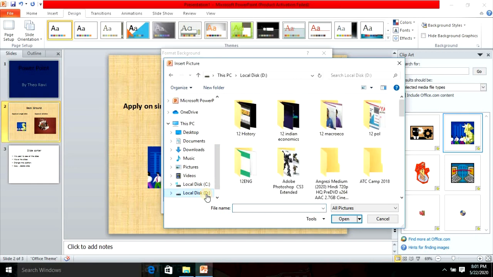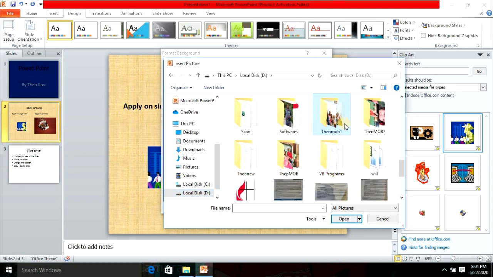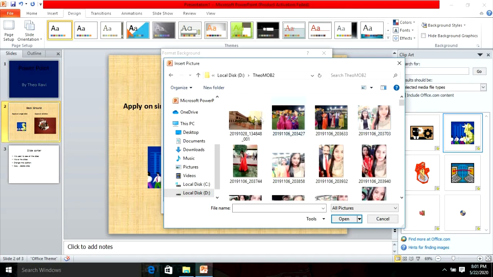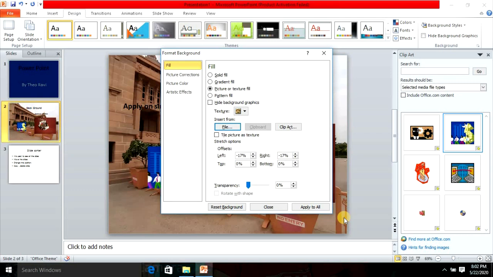I'll go to D drive. I have my folder. CO mob. I take this picture and insert. Look, from here you can see a background.